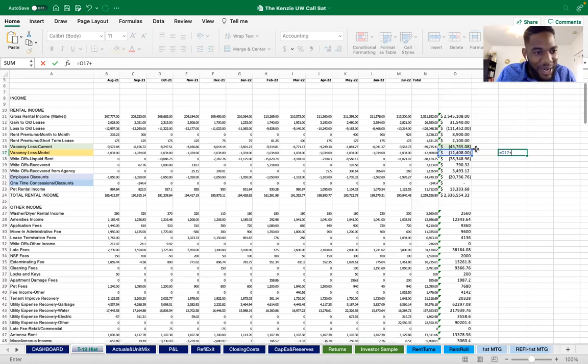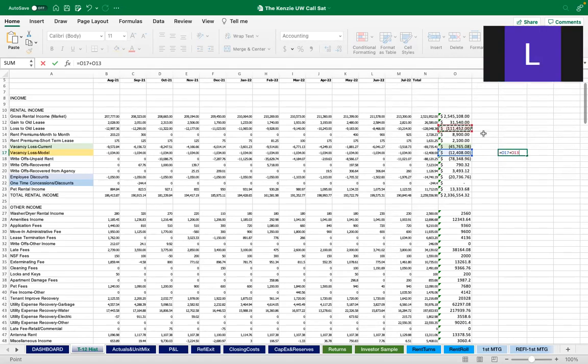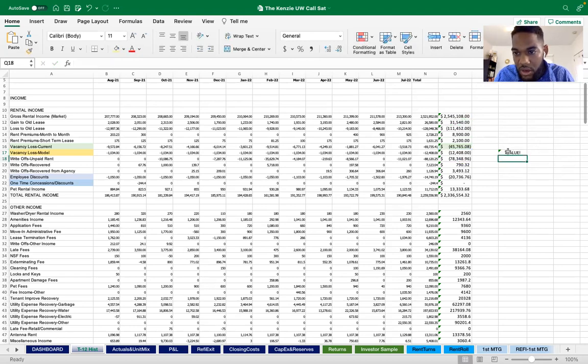Anyone see the line item that's bad debt? I'm trying to find that one. Bad debt. So I'm using this model unit. So right now we're looking for bad debt and loss to lease or gain to lease. What about line 18 for bad debt? Write off unpaid debt. Yeah, you got it. There we go. So let's try that. Let me just see what we get here.